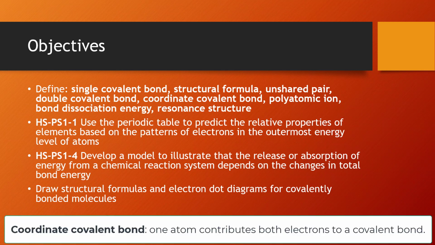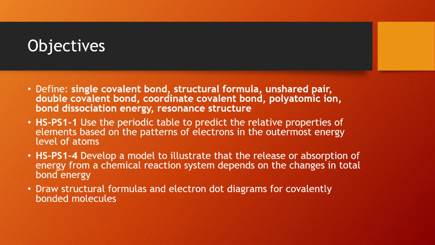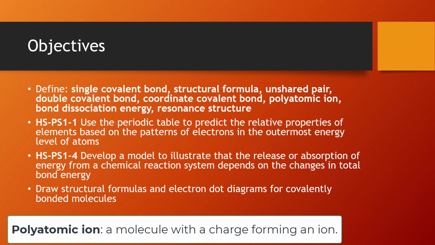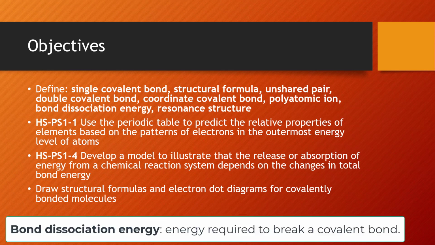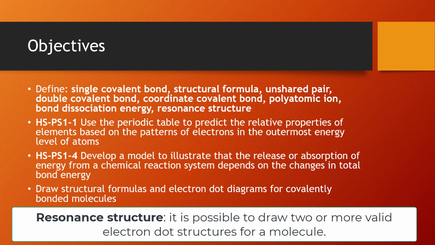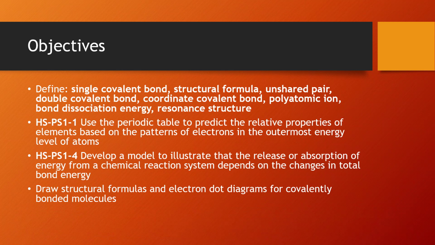Coordinate covalent bond. This is where one atom is sharing both electrons with the other. Polyatomic ion is pretty much what it sounds like. It's an ion that's made of multiple atoms. Bond dissociation energy is how difficult it is to break a bond. Resonance structures are when you have two possibilities of how to draw bonds, and you can kind of alternate between